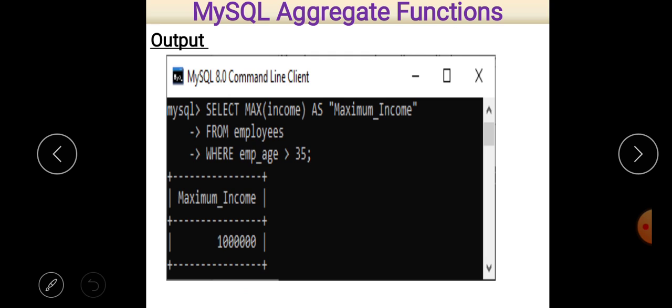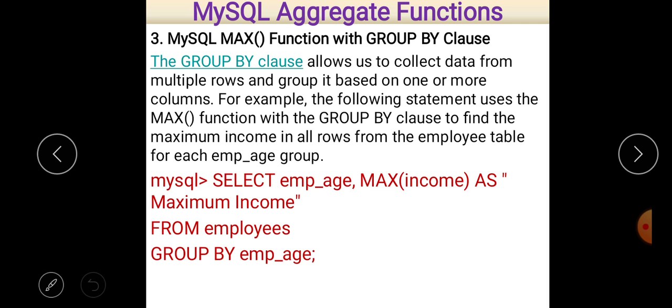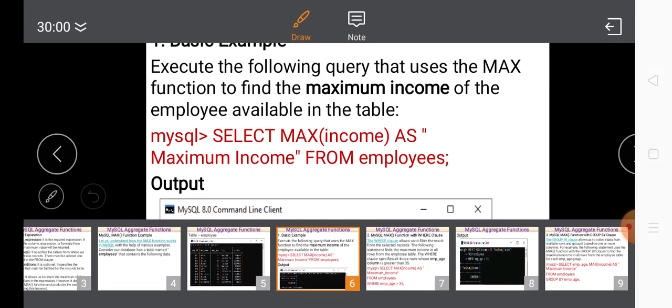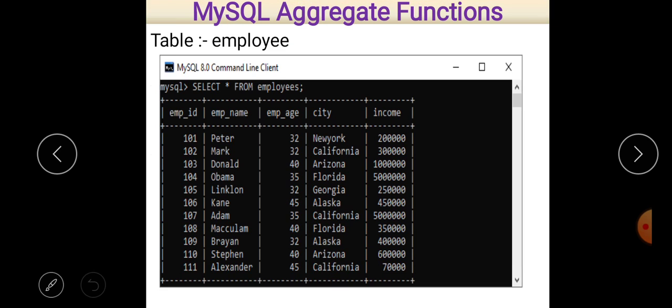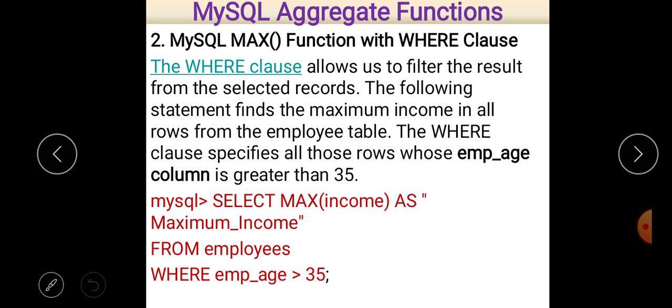That is the output. You can see here that where age is 35, the output is 1 lakh. So basically this is our original data, and in this case you can easily see the ages, and the records will be found where age is greater than 35. So only in those cases will the maximum income be found out, where age is greater than 35. And in this case the maximum income for age greater than 35 is